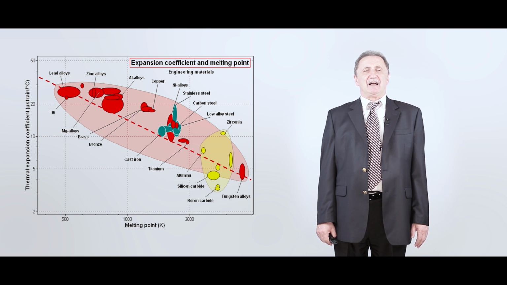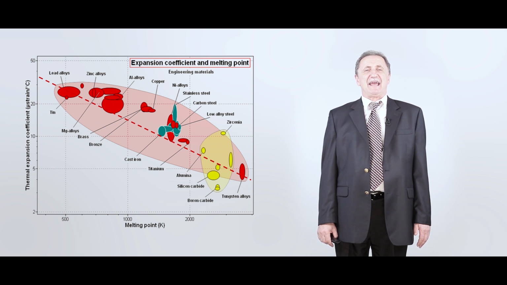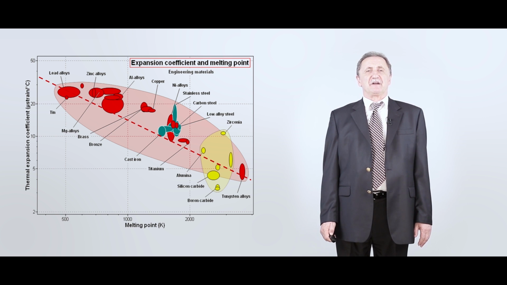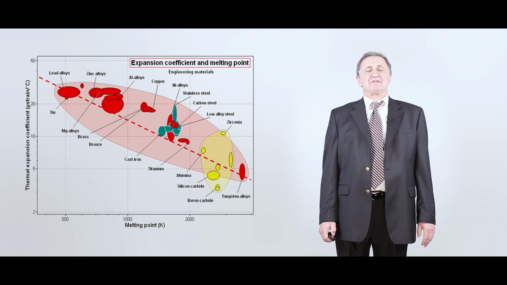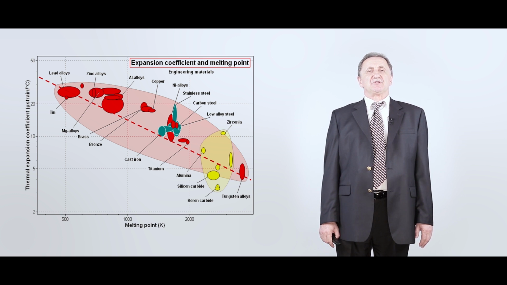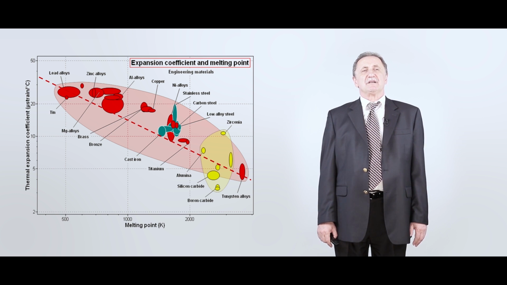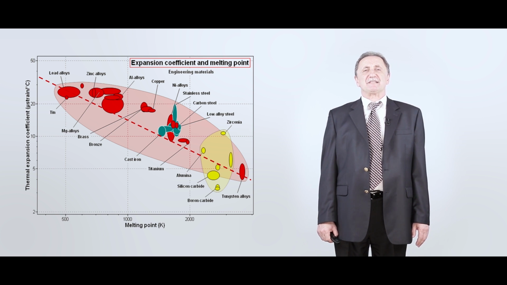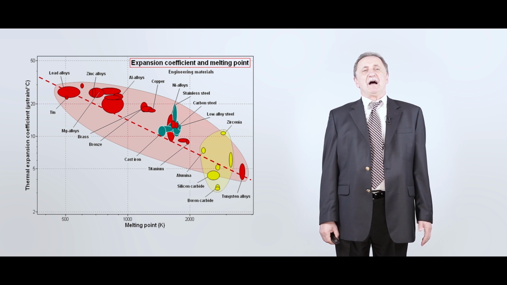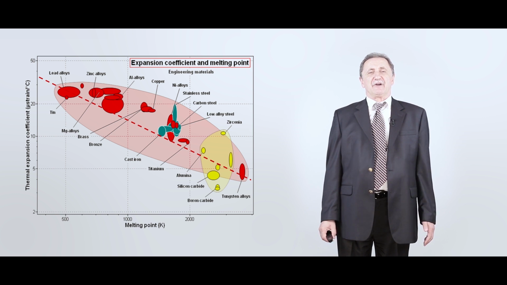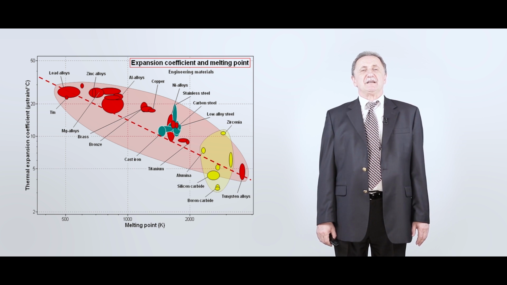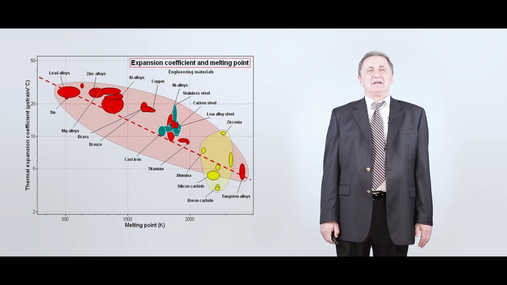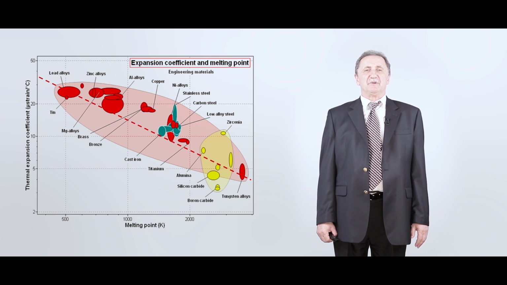So materials with higher U0, with higher bonding energy, have higher melting point and lower coefficient of thermal expansion. And from this standpoint, of course ceramics, which have ionic and covalent bonds with the highest bonding energy, have the smallest coefficient of thermal expansion, while polymers, which have relatively low atomic bonding inside the material, have the largest coefficient of thermal expansion. And metals are standing somewhere in between.